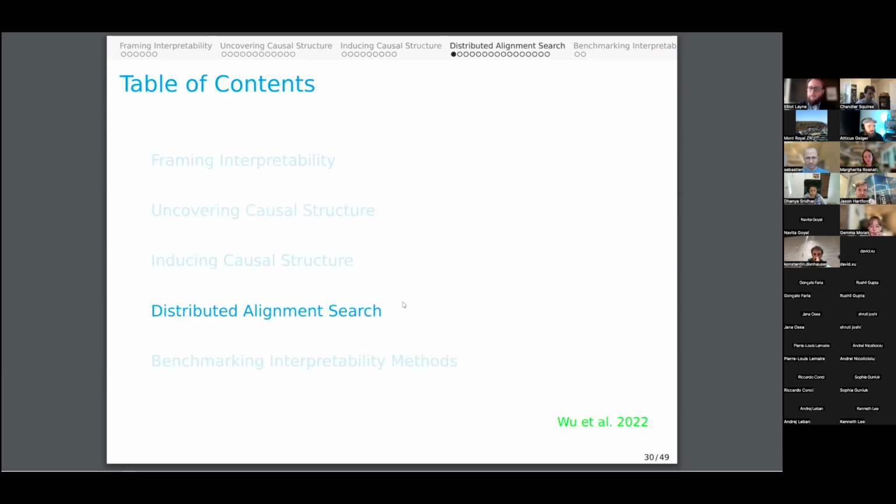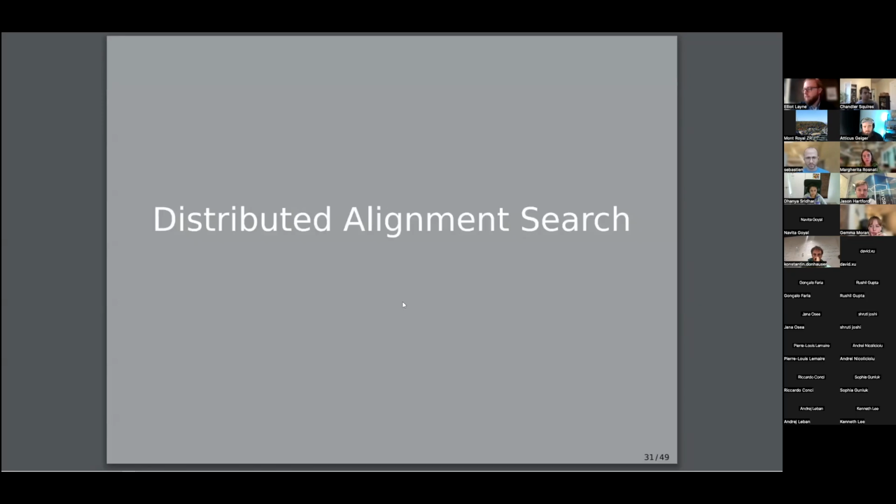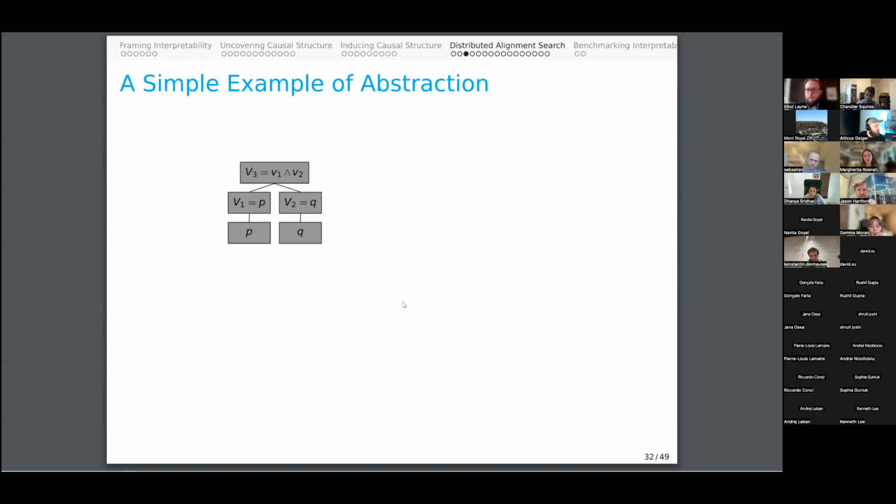So distributed alignment search is where the question that I was asked earlier comes in, about how expensive and intractable the problem is of searching through the hypothesis space. So this is the method that we have for actually learning: if you have a high level model you're interested in and you want to learn where the concepts are located in the neural network, then this is the method that is very exciting and cool. So the basic starting point is